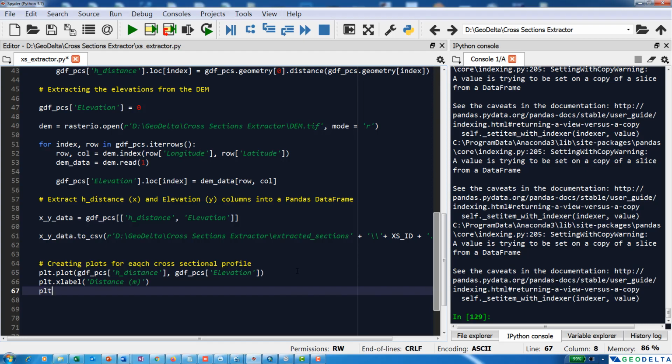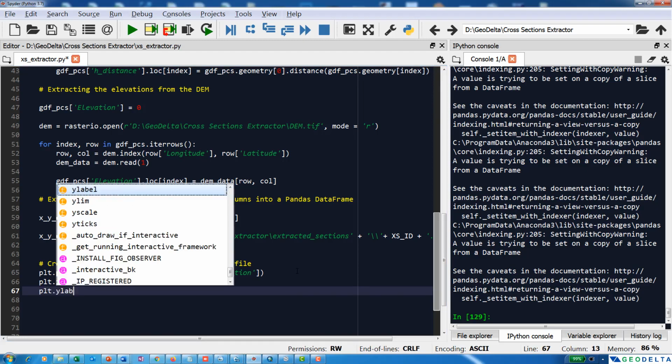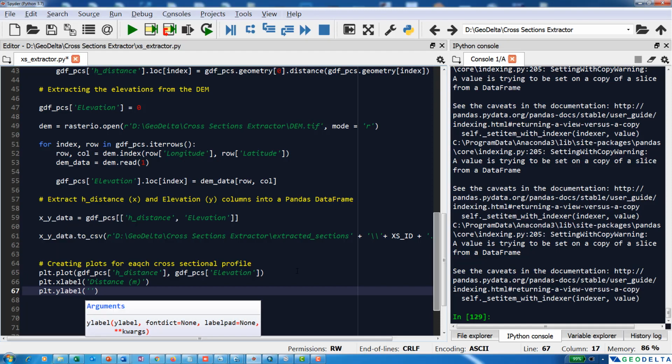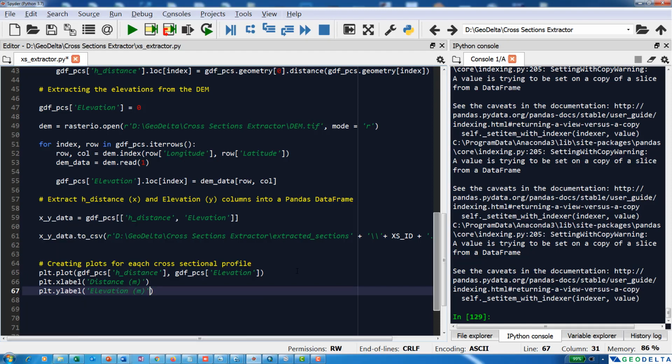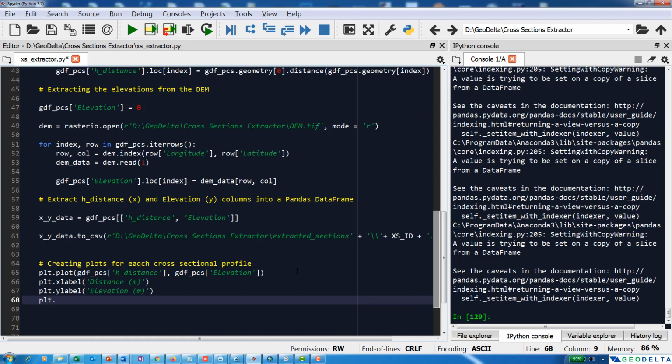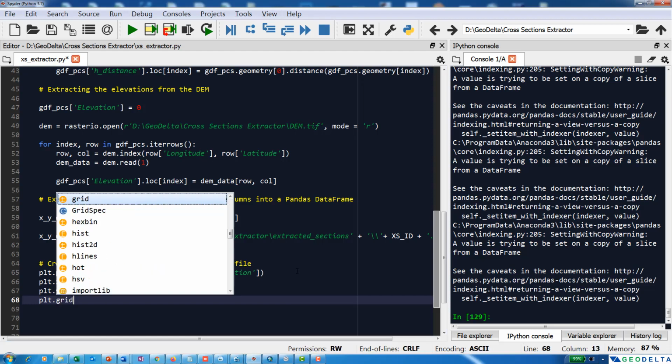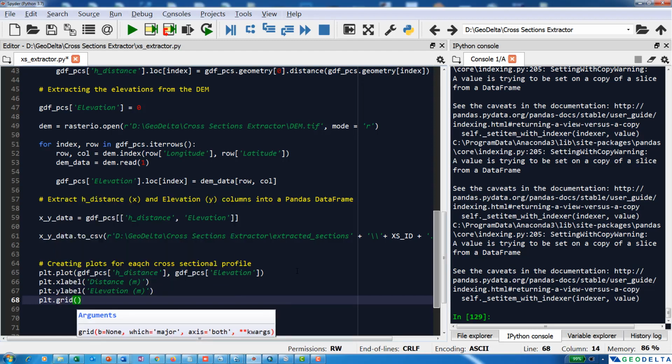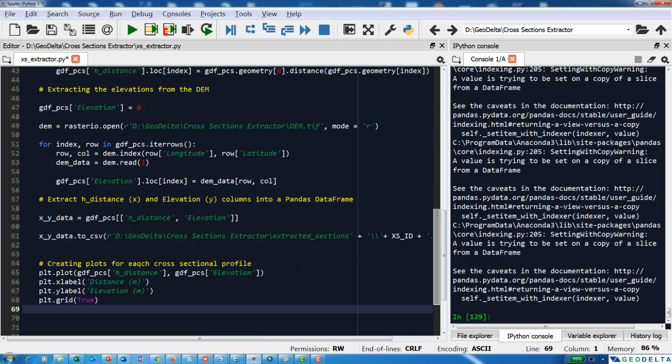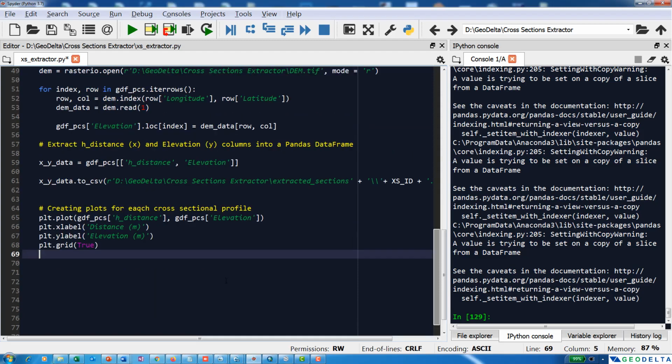We also can define the y label, and the y label is going to be elevation, also in meters. We can also specify a grid. If someone is trying to look at the values, these guiding grids might come in handy. And we can also define a title,